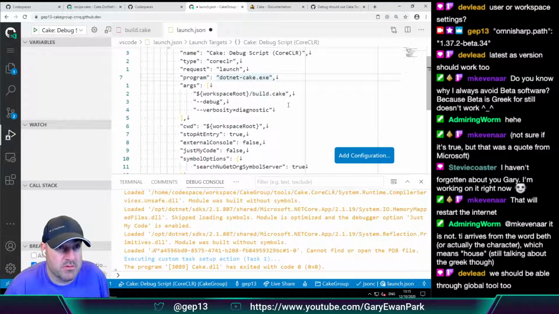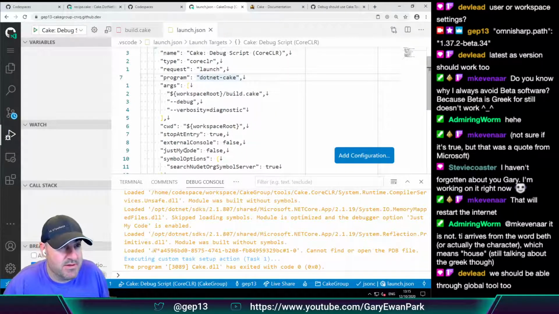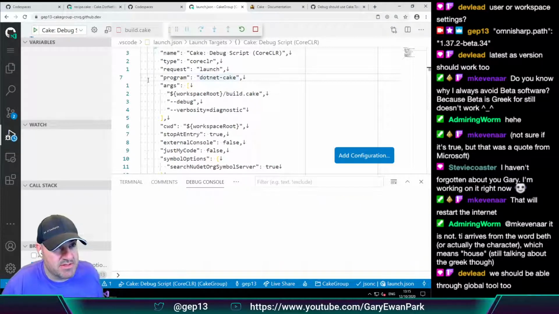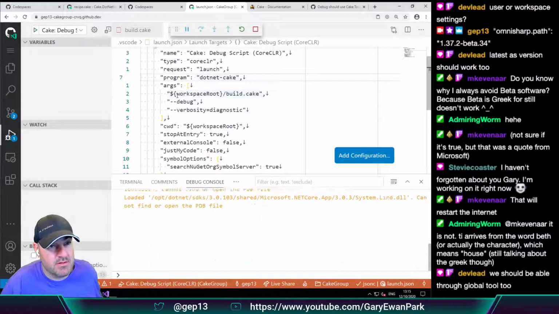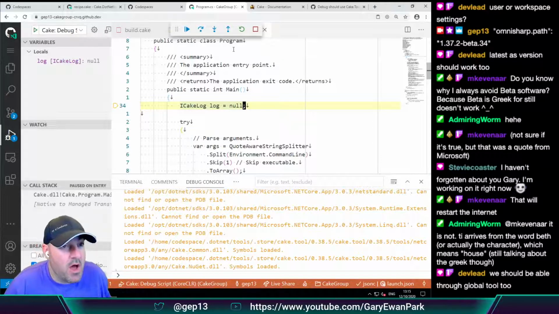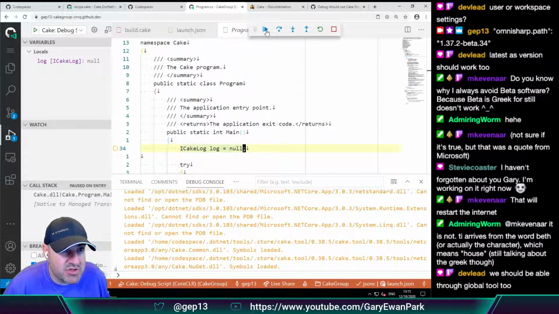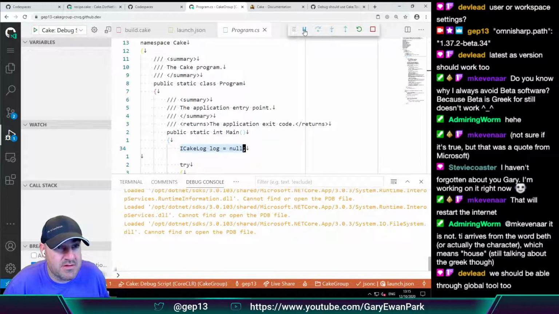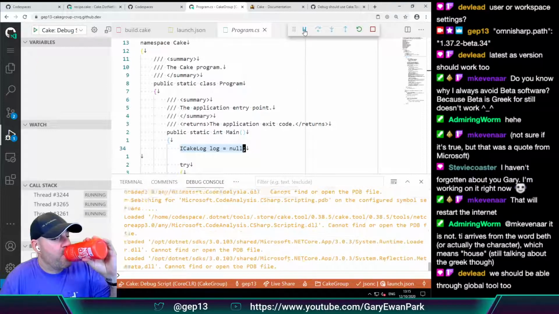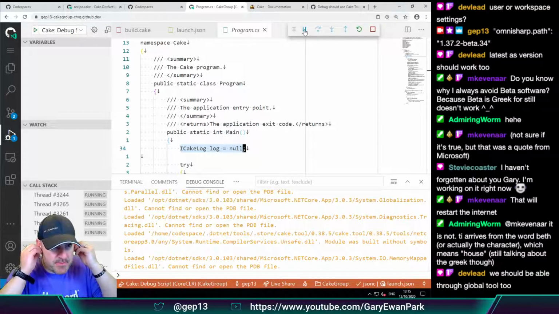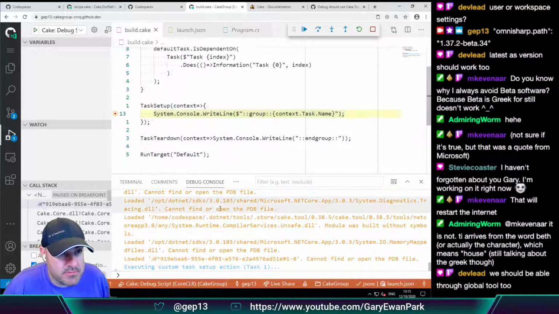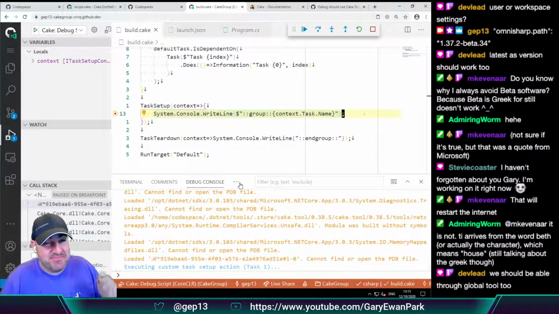Oh, that won't work though. .NET Cake rather than cake.exe. And if I run that, then what does it do? Oh, we're getting different entry points this time because there was something that we did that changed this. Oh, look at that. Amazing. So that is us debugging a Cake script with cake.tool